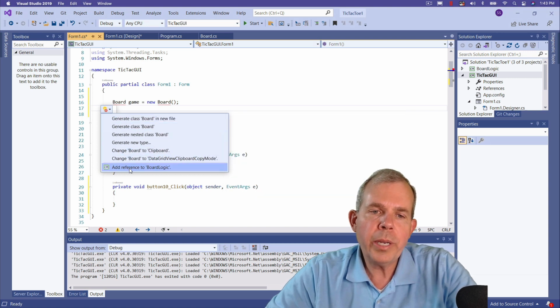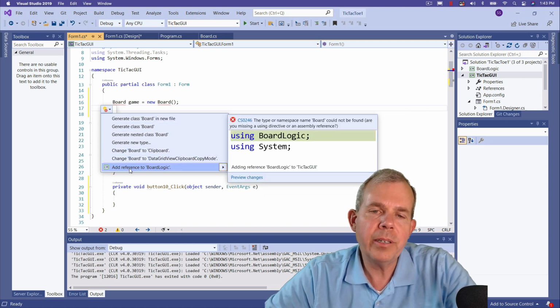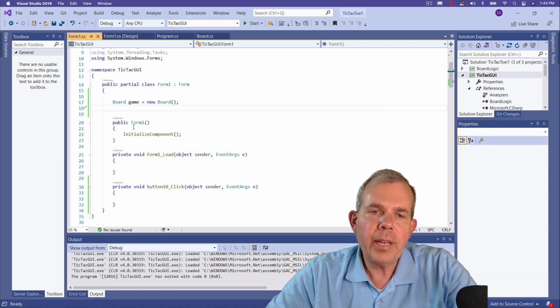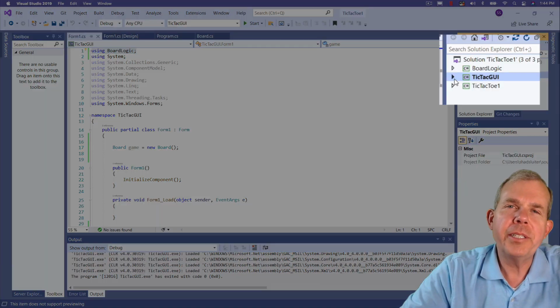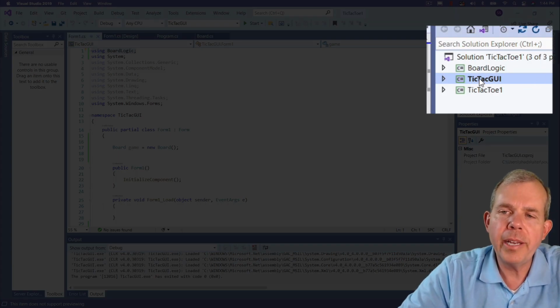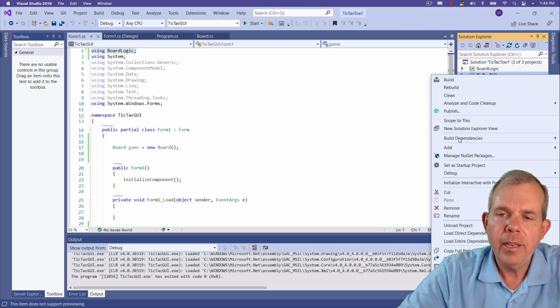You can actually do that quickly if you go to the last item here, which says add a reference. So if I click here, we're going to have the error go away. And what happened was that line 1 includes a reference to the other project. If I wanted to check to see where that reference was, I could right-click on the project and try to